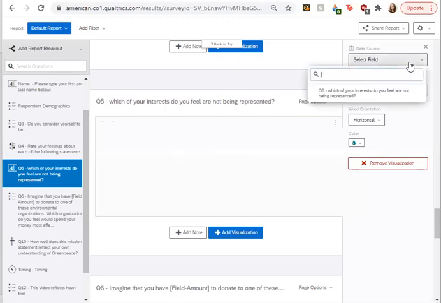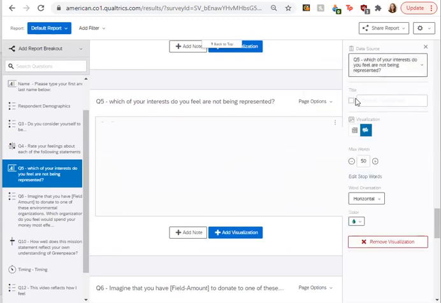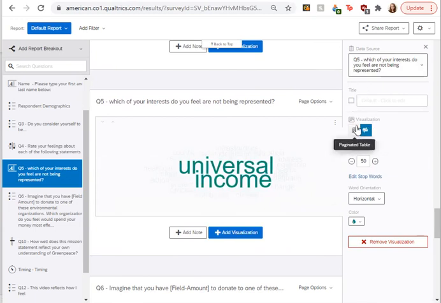So we're going to select this question, and there we go. So the options are a table, and sometimes Qualtrics just takes a second to load, just be patient.